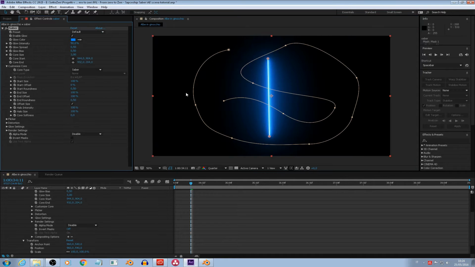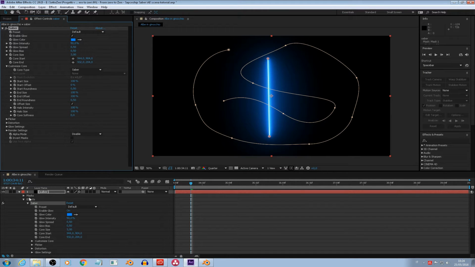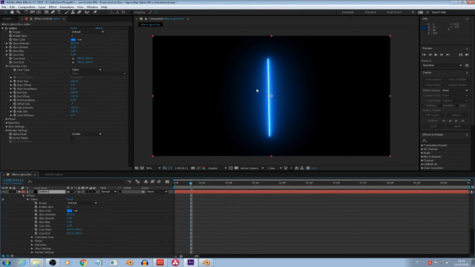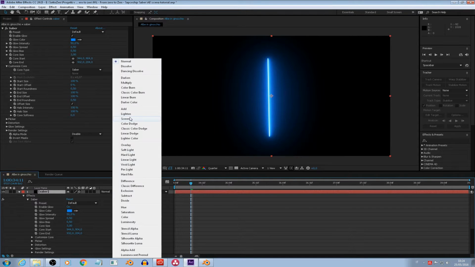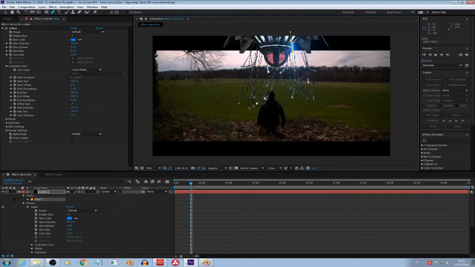So what we have to do now is, first of all, let me delete this mask here. What we have to do now is change the layer blending mode in order to see the background layer. From normal we switch to screen, and now we can see my friend Alberto and the alien spaceship. And now let's go back to layer mode, and we can take, for example, this line here,